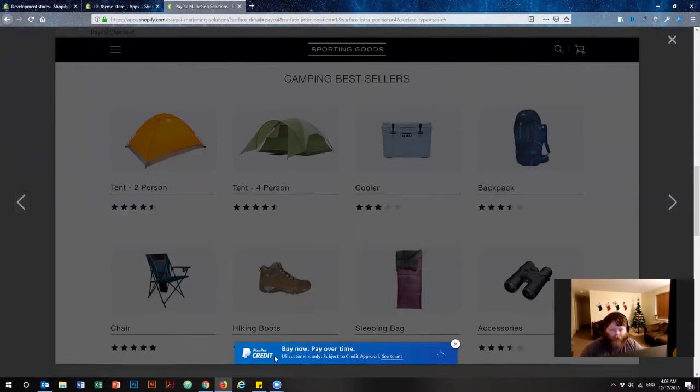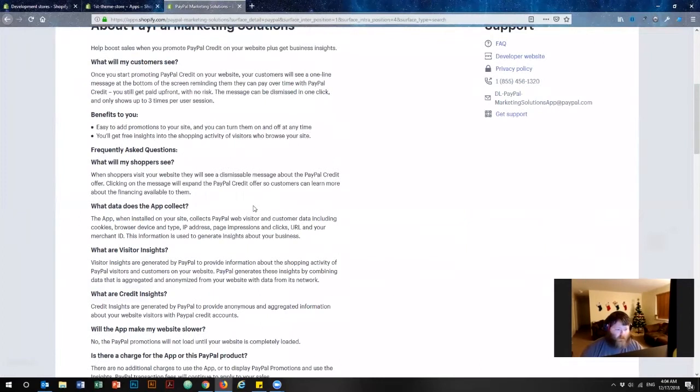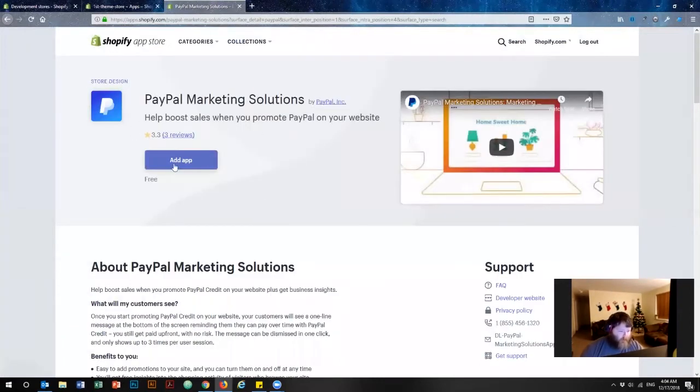That's what we're doing. Okay, and the reason why this is an important feature to add to your store is because anytime a customer is approved for PayPal credit, you will get a kickback from it. Okay, and that's why it's a marketing solution. So scroll back to the top and you'll see the add app button. We're going to click that,